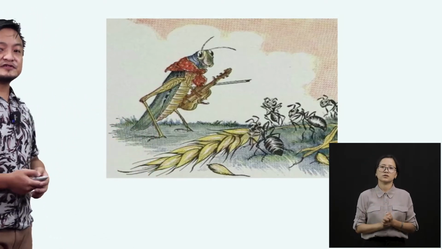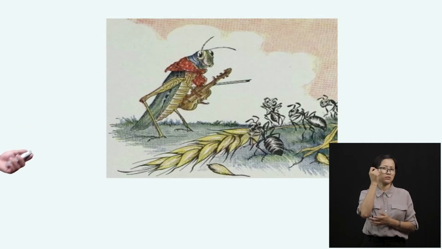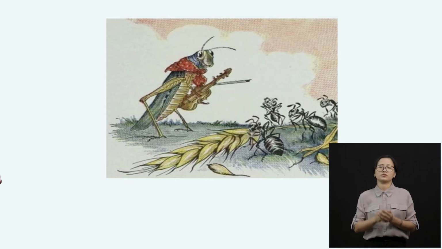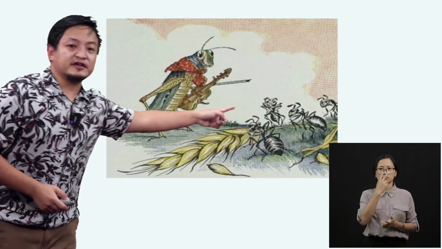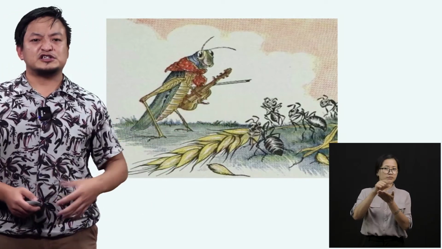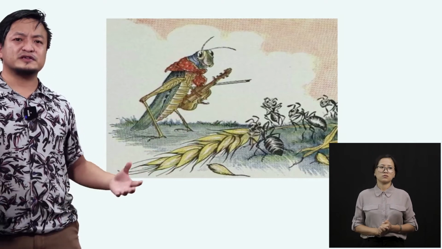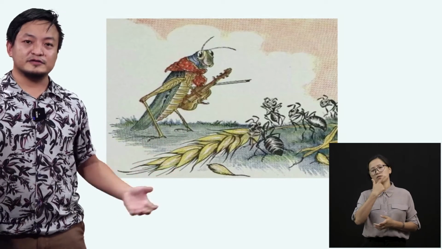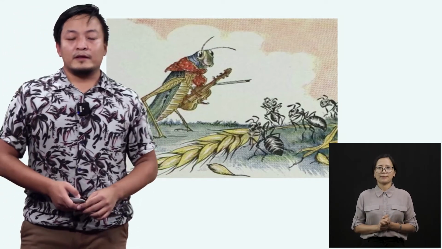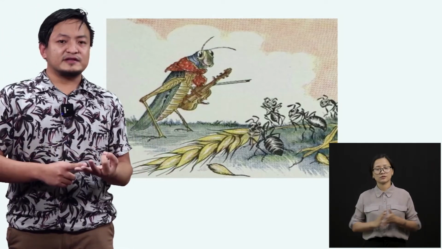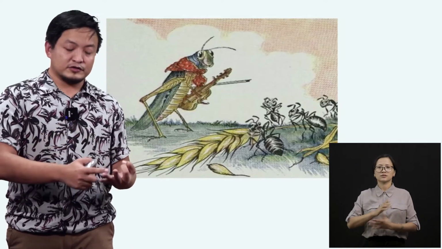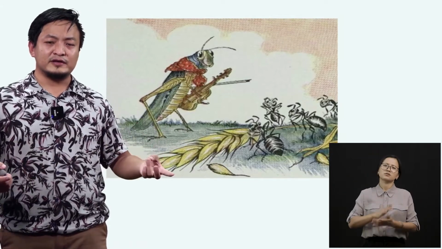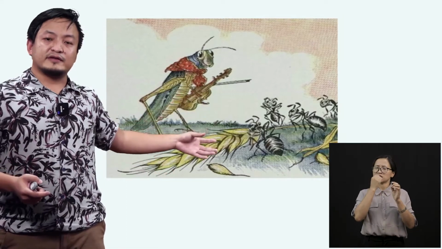So you can check this picture, students. What do you understand from this picture, students? So over here, we can see all the army of ants in a group. They are working together, right? And then we can see here the grasshopper shouting, right? Shouting, screaming, ha ha ha, enjoying, right? So now, students, we have seen from sunny day to the rainy and foggy day, right? The ants have been working hard.